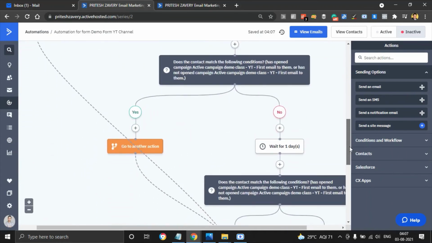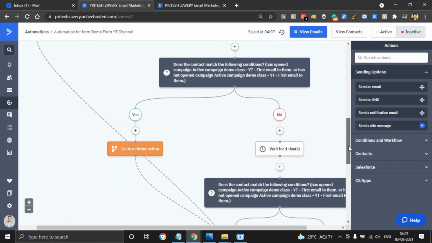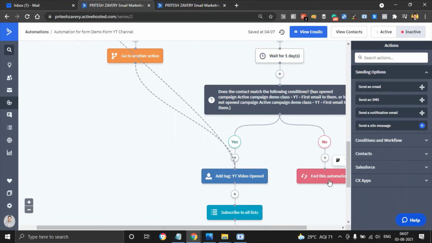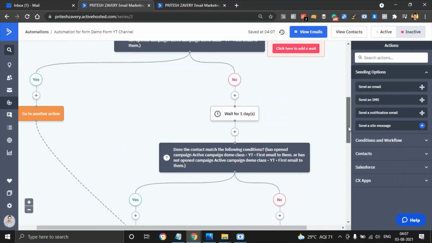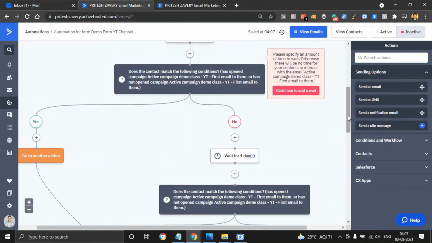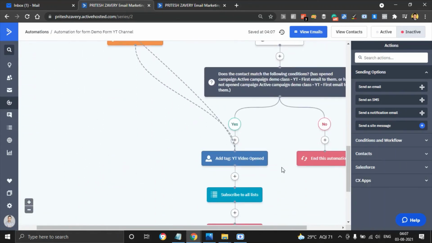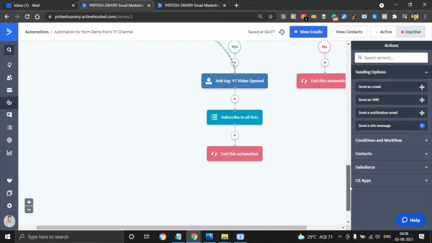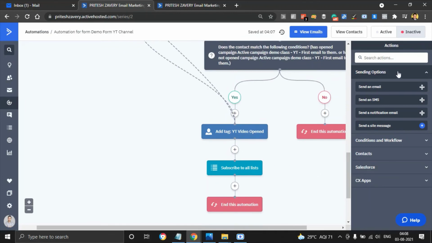For those who did not take any action or did not interact with any of our mails, the automation automatically ends for them. We don't take any action with these people. But for those who actually interact with our emails, either first, second, or third, we want them to be added to this tag in segmenting our contact base. This tag helps us to segment them better, and then we want to subscribe them to one specific list. Mind you, I have just said yes for all, but you select a specific list, and then I say end automation. Great, so once I do that, I have again two options, active, inactive. I simply click on active and my automation activates.